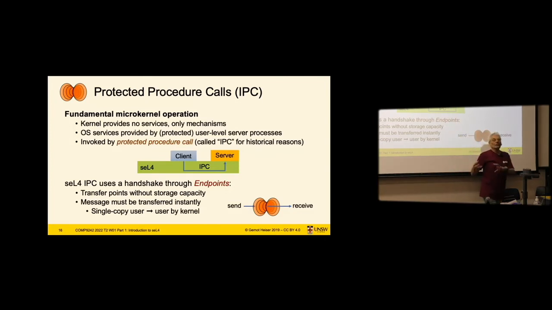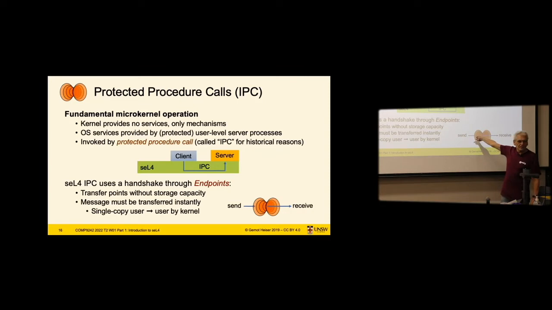It just happens to be a function in a different addressing and protection context rather than just a piece of its own code. And IPC and endpoints are the mechanisms that enable that. So what the IPC does is, as I said, it invokes a function, so it passes arguments along, and it returns a return value back to the caller. And that's done with this IPC mechanism